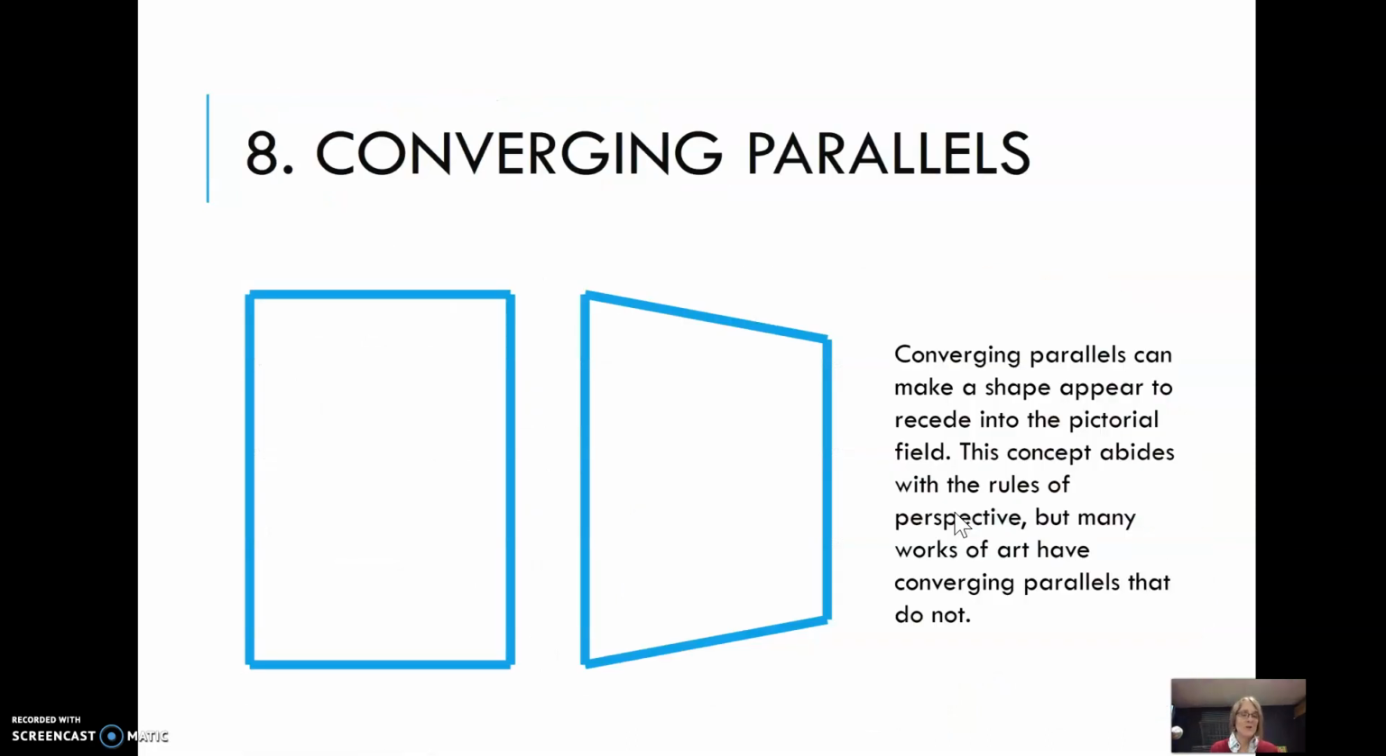Number 8 is converging planes. Converging parallels can make a shape appear to recede into the pictorial field. This concept abides with the rules of perspective, but many works of art have converging parallels that do not. So in this image, basically,